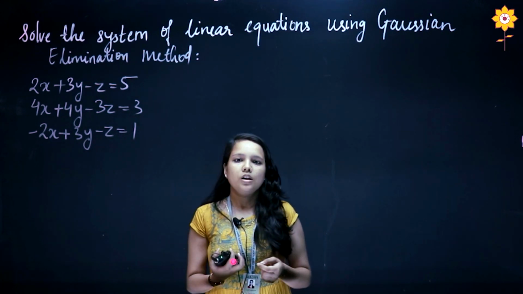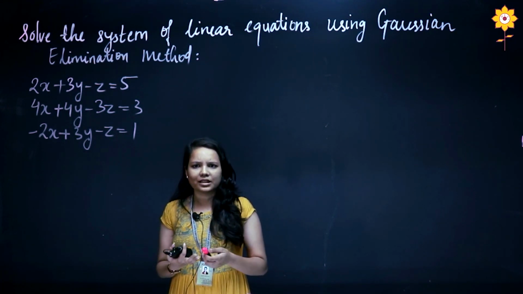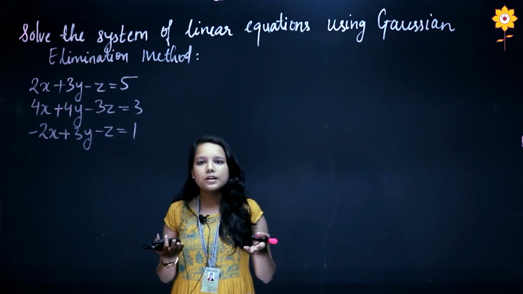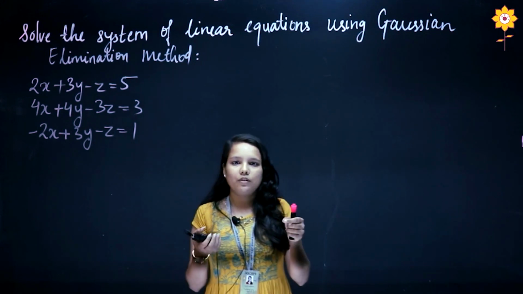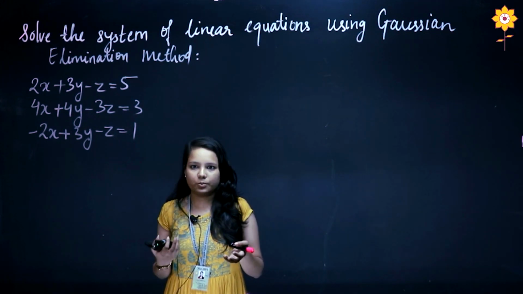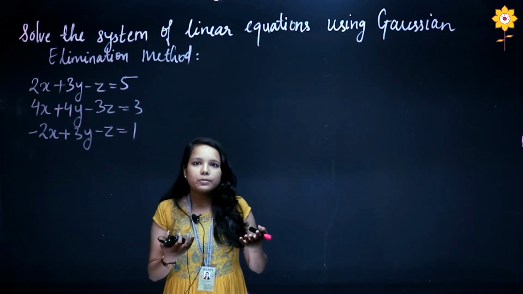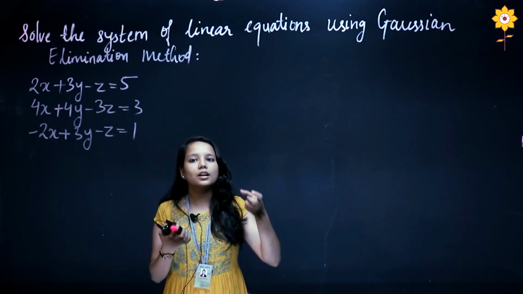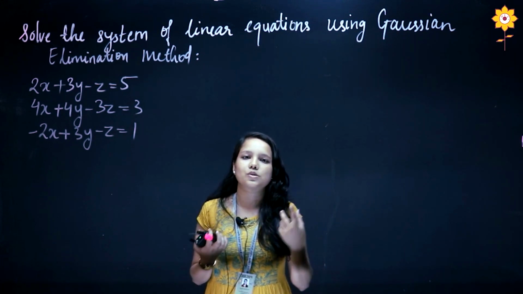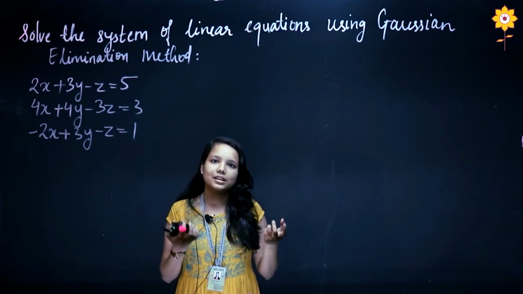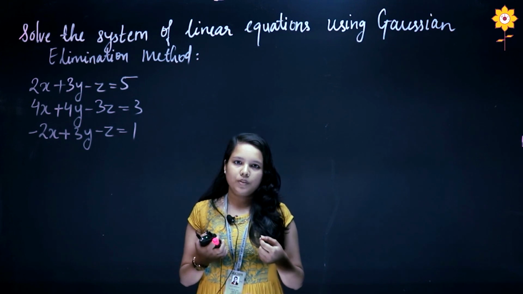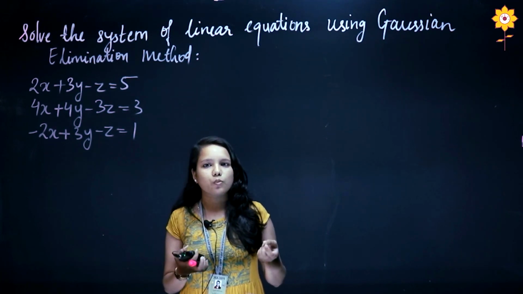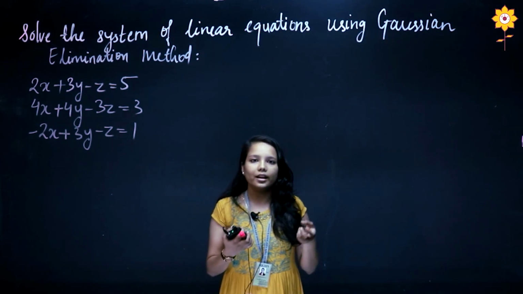Everyone knows what a linear equation is. Whatever algebraic expressions we have, wherever we write two sides with an equal sign, that is what is called an algebraic expression. When the highest power of the variable is 1, that is, the degree of the algebraic expression is 1, then that expression is said to be a linear equation.